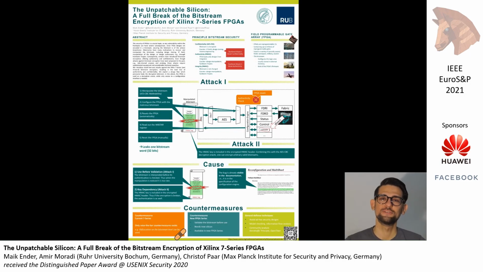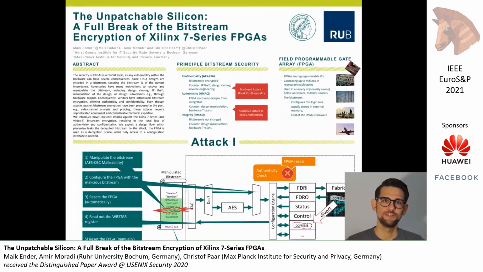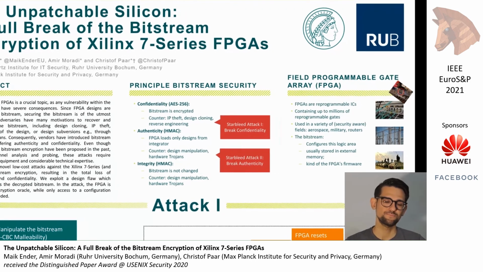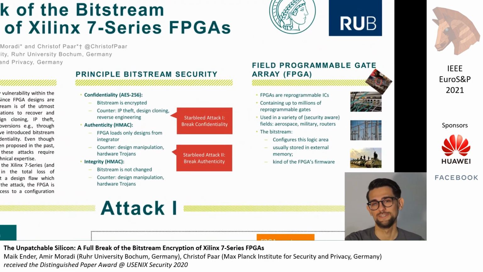Hi, so this poster is about the story of how we break the Bitstream encryption engine using the Bitstream encryption engine. So basically we found a vulnerability against the Xilinx 7 series FPGAs, which enables us to decrypt and manipulate its content. FPGAs in general are super cool devices, used in every industry because of their reconfigurable nature. Basically they are reconfigurable ICs, and this reconfiguration is done by loading a so-called bitstream. And here's the problem. If an attacker has access to that bitstream, they can steal all the valuable IP inside or even insert hardware trojans.